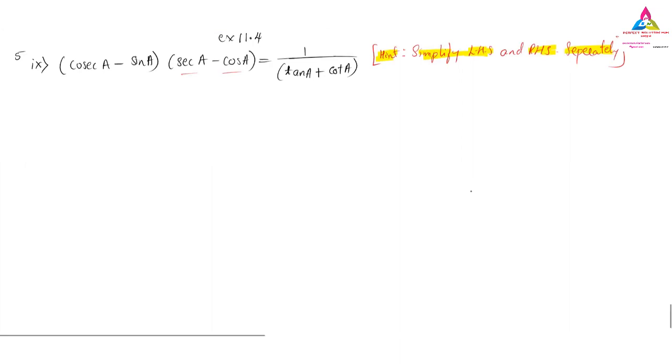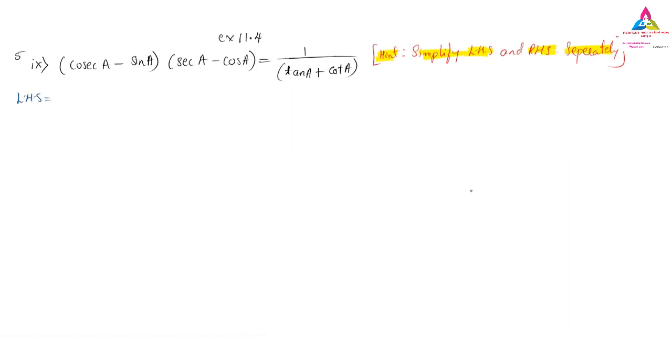So that means you have to go halfway from the left hand side, and from the right hand side you have to come halfway, so that the middle answer will be the same. Then we can prove that the left hand and right hand side are equal. So let us go first for the left hand side. It is okay for any question, not only for this type. Any question we can apply the halfway rule, taking the left hand side and right hand side both. So first we will go for the left hand side.